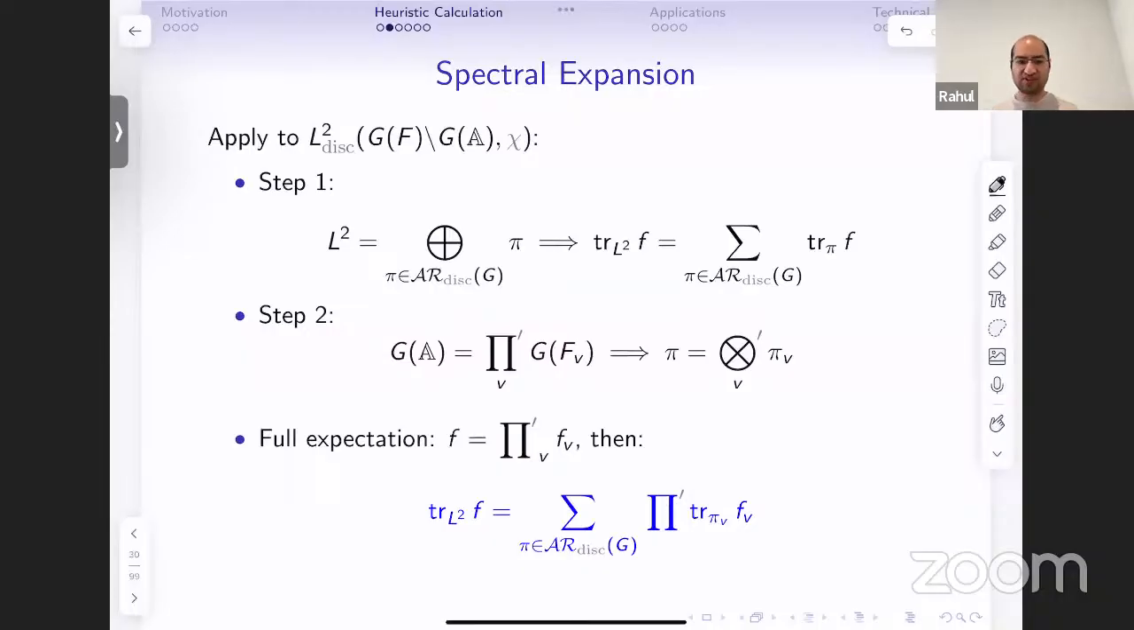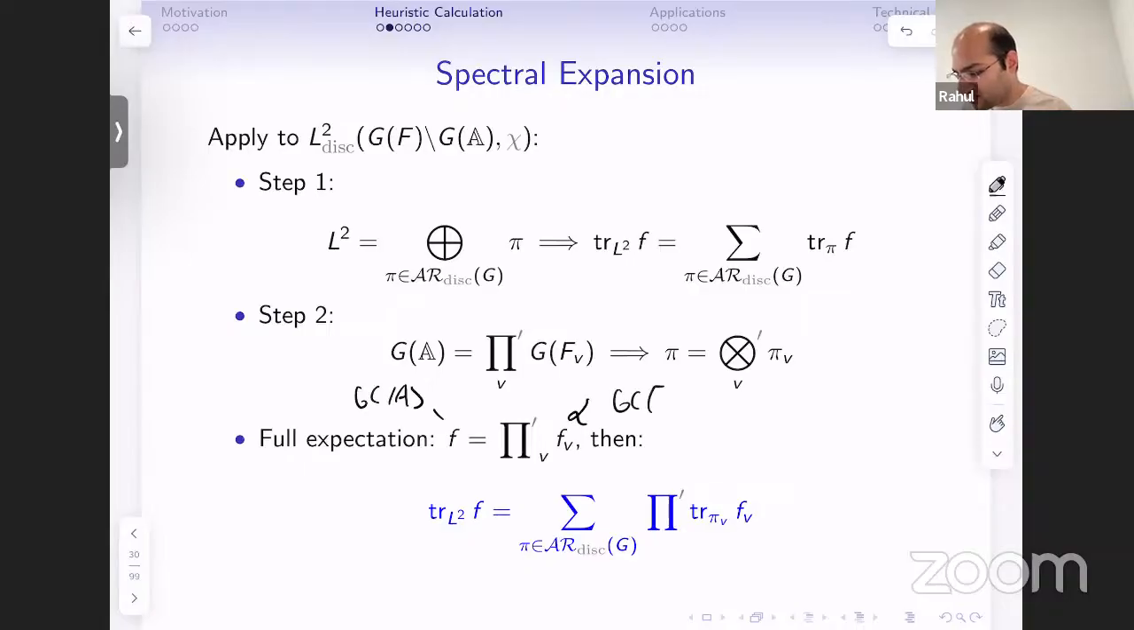So if our function factors as a product of local functions, remember f is a function on G of A, so each of these is going to be a function on G of F_v. So it's just a function on a product. A special kind of function on a product is a product of functions on